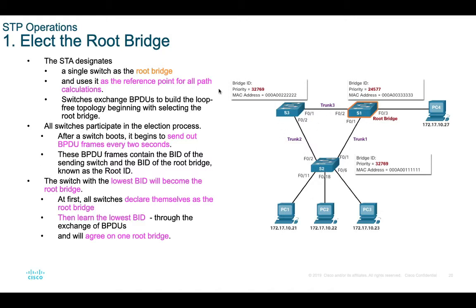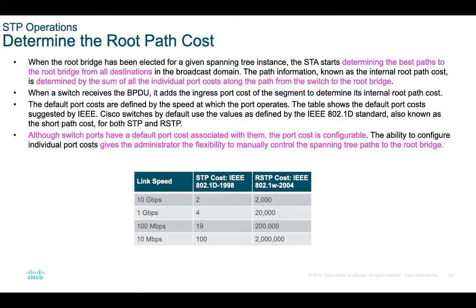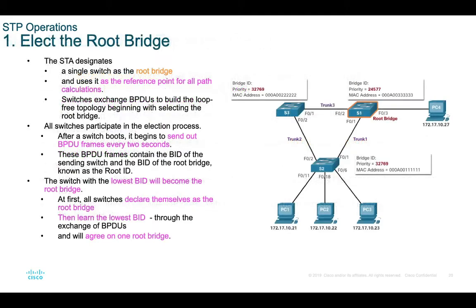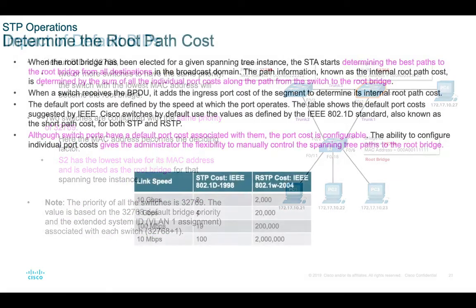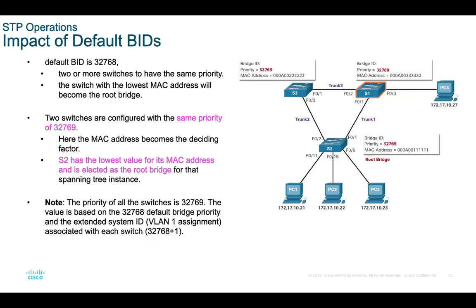So in order to decide which path to use, they need to put a root port. In order to determine the root port, as I said earlier, elect a root port. They need to know the cost in order to go to a route. So to determine the root path cost, we can summarize or calculate all the values for every link. So let's take a look here. From switch 2, in order to go to switch 1, it can go to trunk 1 or it can go to trunk 2 and trunk 3 through switch 3.